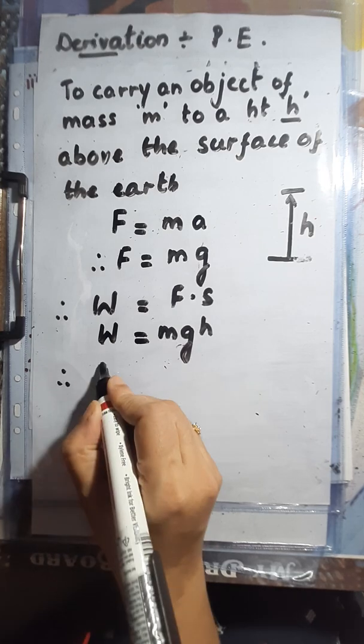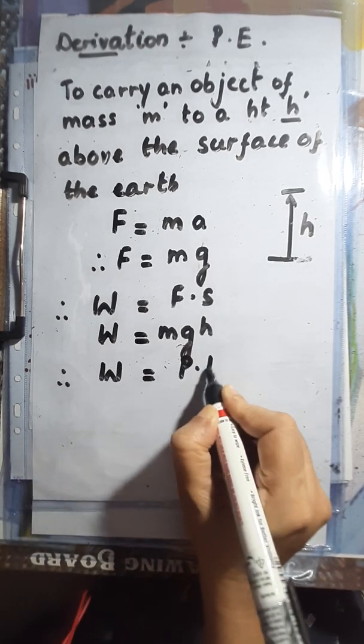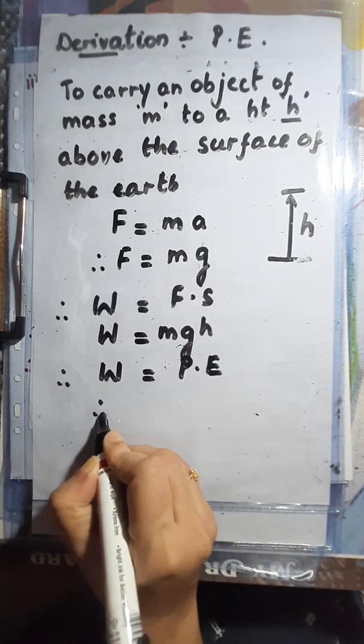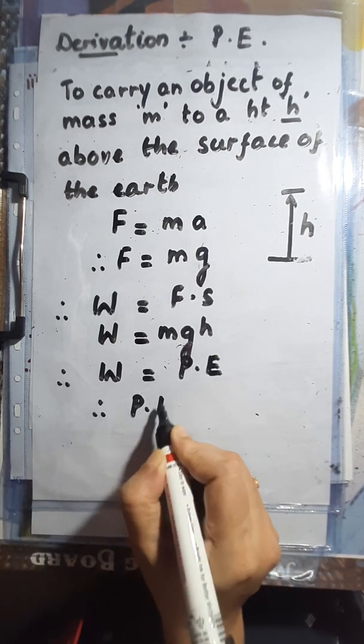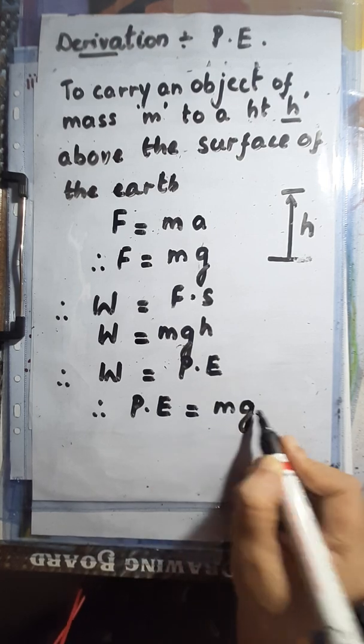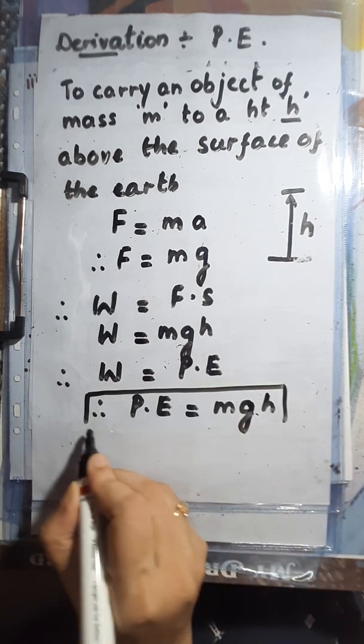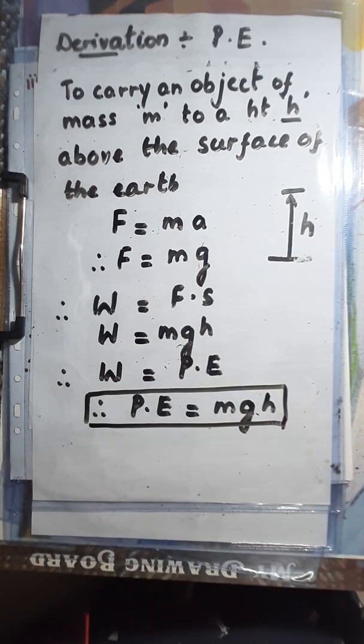Now this work done is stored in the body, so it is equal to the potential energy. Therefore, potential energy is given by the formula mgh. These are the two derivations for